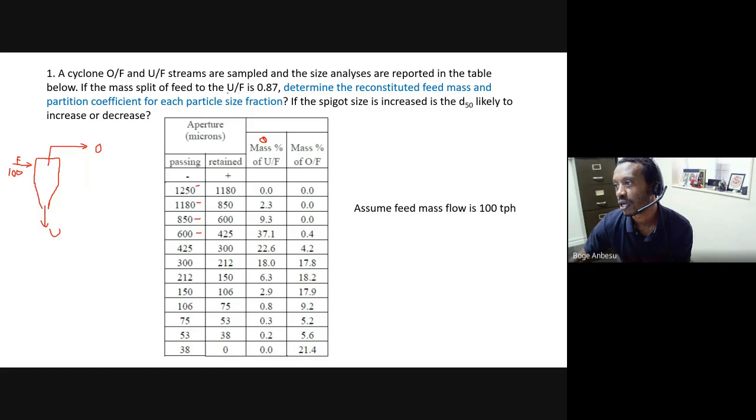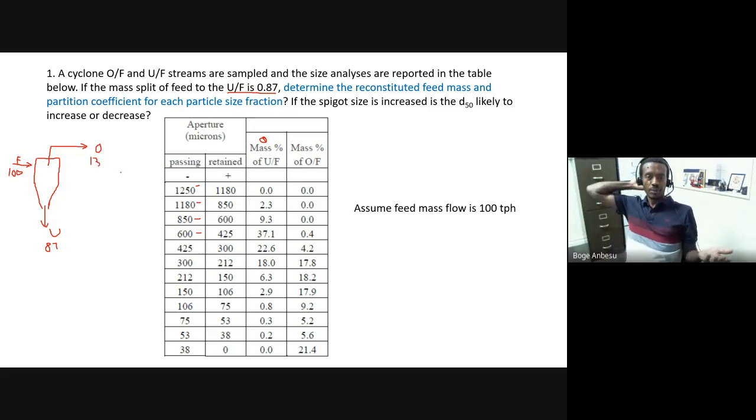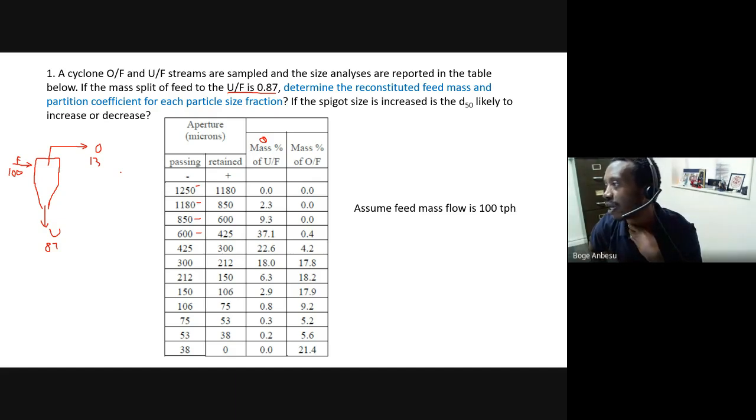ስፕሊት ተሰጥቷችኋል እዚህ ጋር አንደርፍሎ ስፕሊት 0.87 ነው አዝ ኤ ፍራክሽን ወይም ደግሞ 87%። አንደርፍሎ ስፕሊት ተሰጥቷችኋል which means ከመቶ ቶን ፐር አወር ከሆነ 87 ቶን ፐር አወር አንደርፍሎ ጋር መሄድ አለበት። ስለዚህ የቀረው 13ቱ ኦቨርፍሎ ጋር ይሄዳል ማለት ነው። ኦኬ ስለዚህ this is just a basic framework ምንም ነገር ከማድረጋችሁ በፊት።